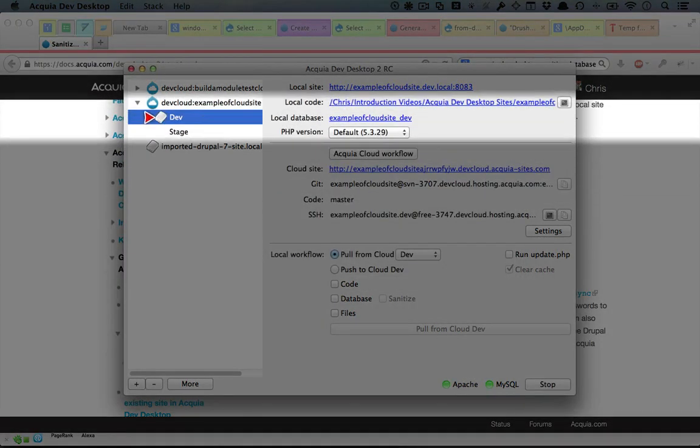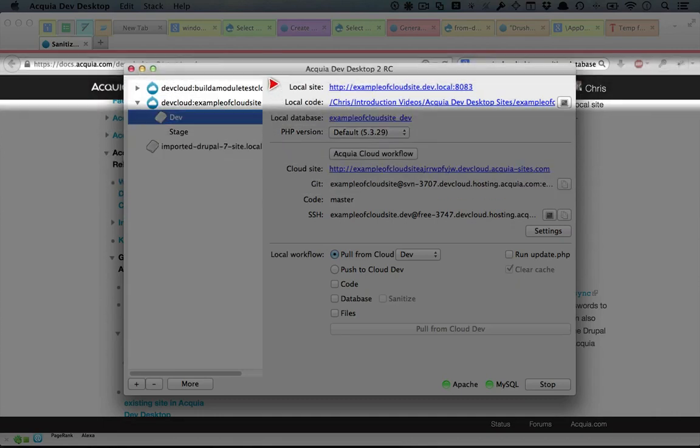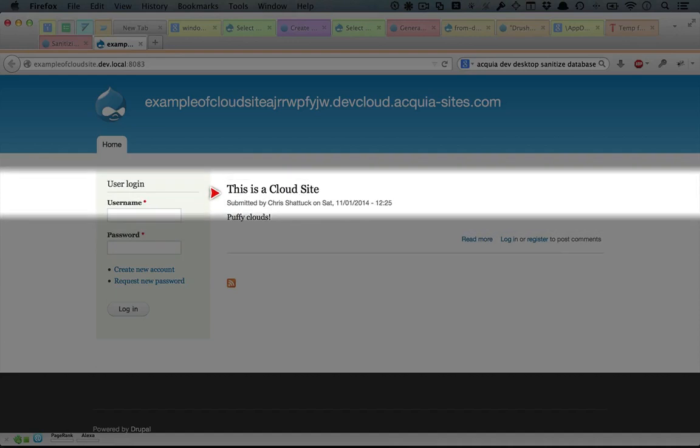So now you can see here next to Dev, we have an icon that indicates that we have a local environment set up. And here, instead of just seeing the cloud site link, we now have a local site. Let's click on that and take a look. All right, you can see that our article that we added to our remote site is right here. So we've successfully imported our cloud